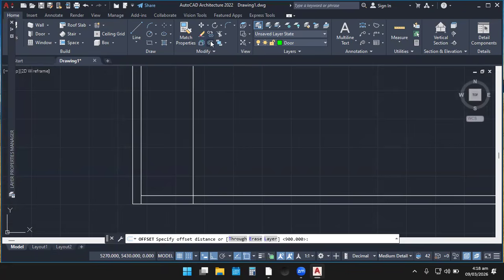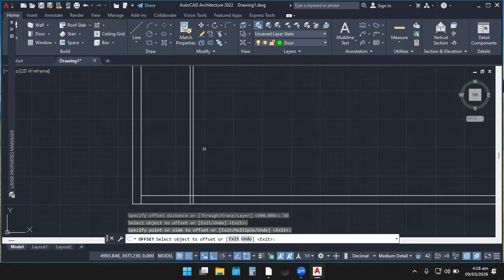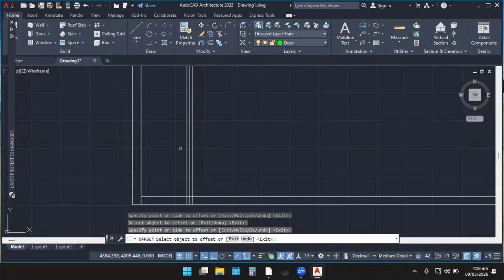Okay, so I selected offset again. This is offset over here. So now I'm going to enter 50. That is the thickness of the wood. So 50, and I offset inside. You see. Now, remember to offset this twice. So at the end of the day, you're going to have 3 lines. You see, you have 1, 2, 3. They are all 50, 50, 50. Okay, for a particular reason, that is why I say we should do that.